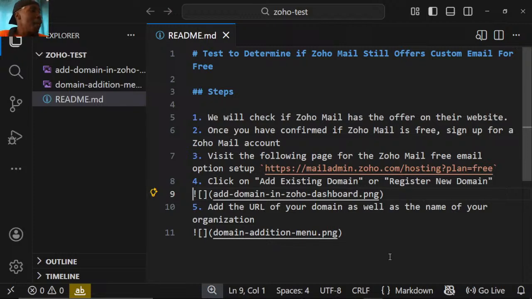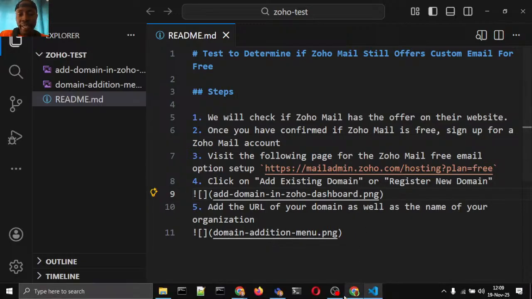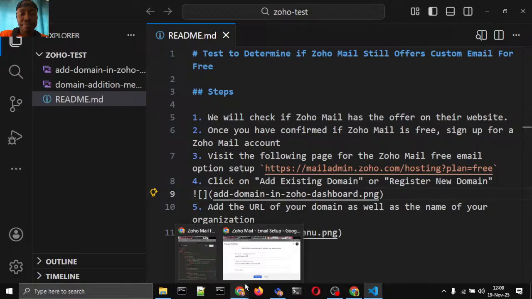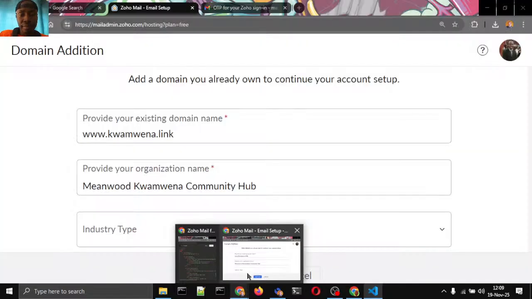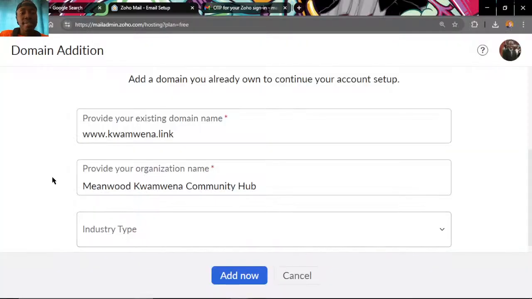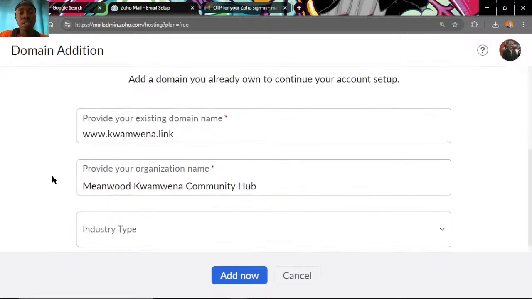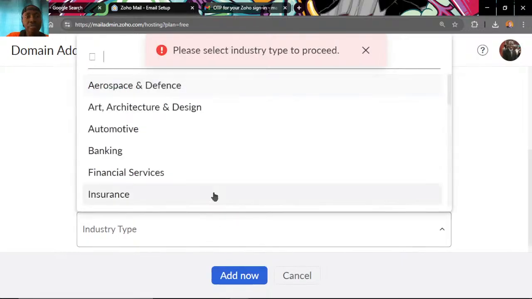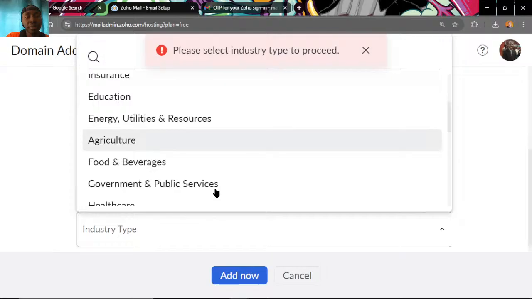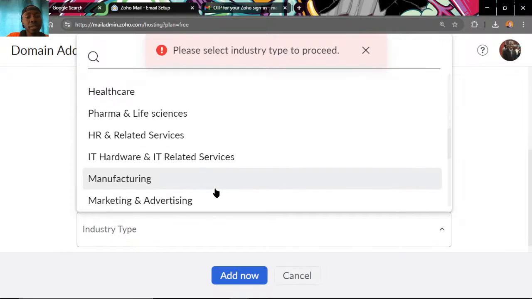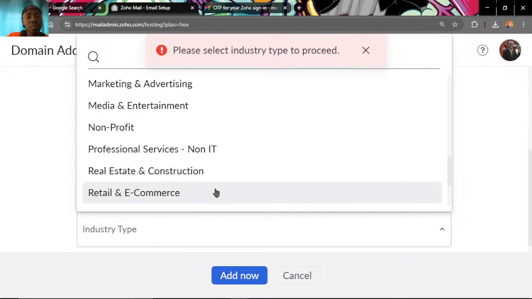The next step would be to click on add now. Okay, so we took a screenshot. Now add now. I hope this is the final. Oh, industry type as well. You have to include industry type, and this one is